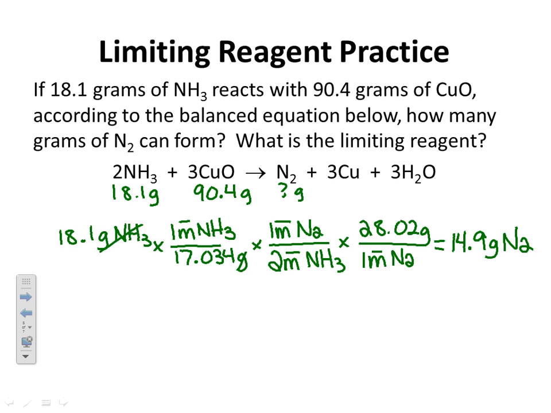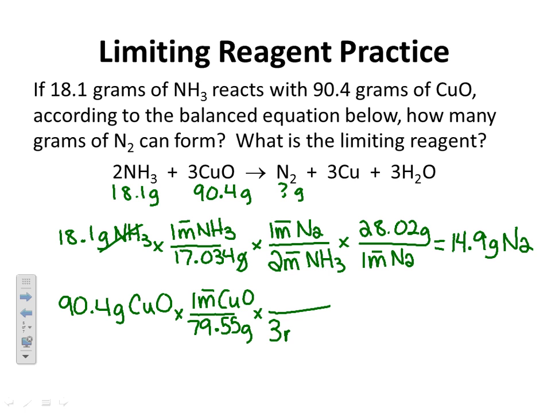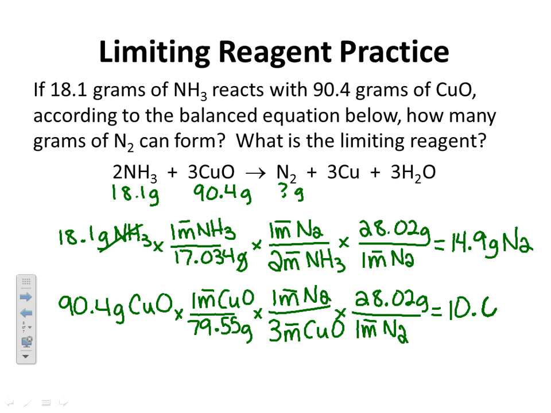So now we're going to do the other one, the 90.4 grams of copper oxide. Hopefully I got this molar mass right. So the molar mass of copper oxide, 79.55 grams, is 1 mole of copper(II) oxide. Our balanced equation says that 3 moles of copper oxide produces 1 mole of N2, and 1 mole of N2 is 28.02 grams. And then for this one, I got 10.6 grams of N2. So this is our product. 10.6 grams of nitrogen can form, and the limiting reagent